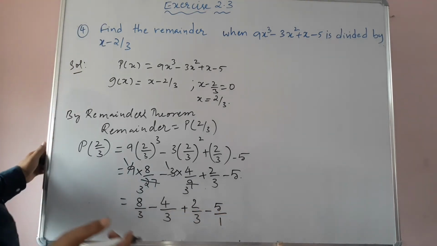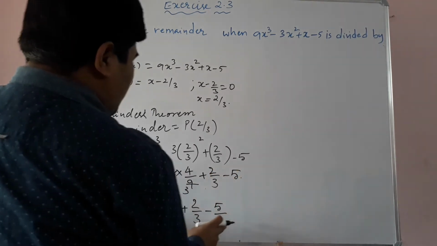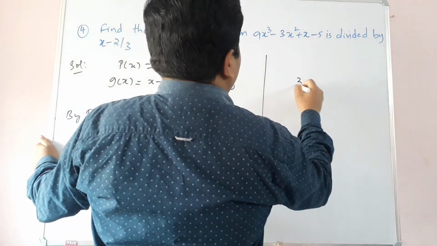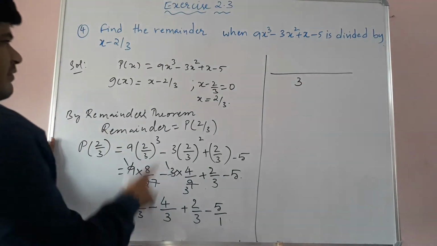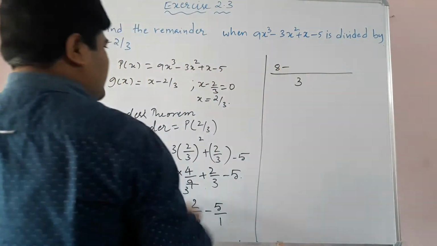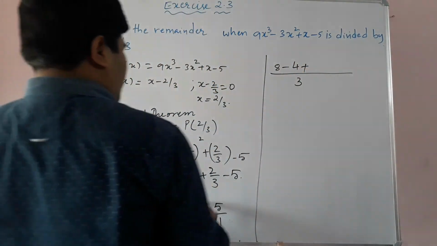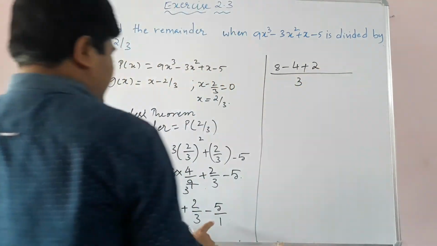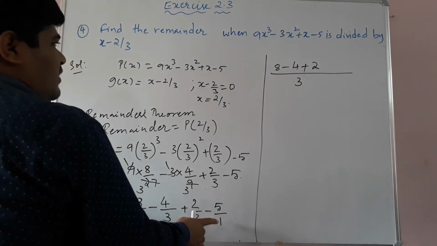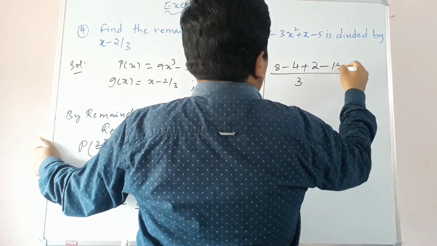We can write like this. So there is no denominator, we can write by 1. Now LCM of 3, 3, 3, 1 is 3 only. So 3 ones are 3, that 1 into 8 is 8. Minus 3 ones are 3, that 1 into 4 is 4. Plus 3 ones are 3, that 1 twos are 2. So minus, we have to divide this LCM with the denominator of the last fraction, that is 1. So 1 threes are 3, that 3 into 5. So minus 3 fives are 15.